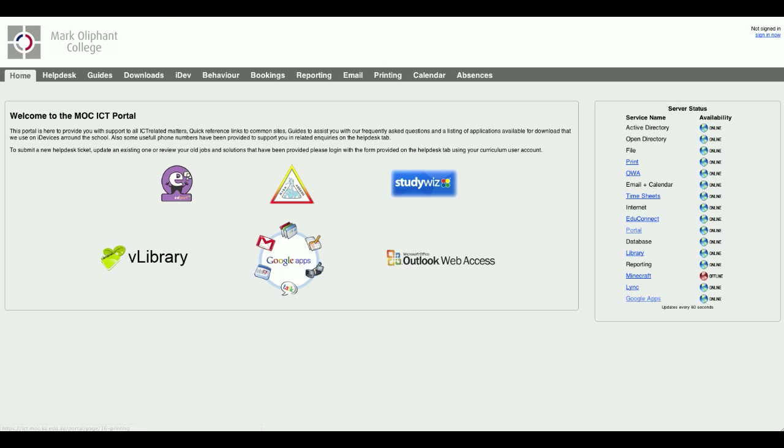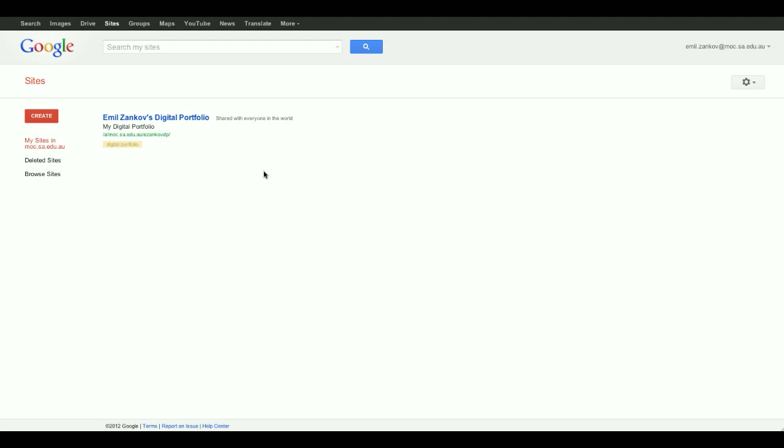If you click onto Google Sites, you get to a page that looks a little bit like this. Yours is obviously going to be slightly different because it won't have this, but everything else will be exactly the same. You want to click on the Create button,